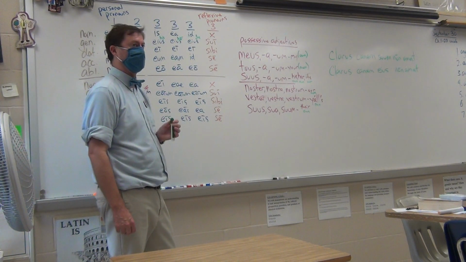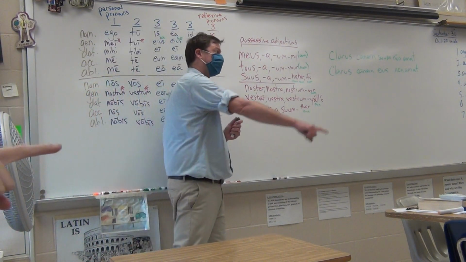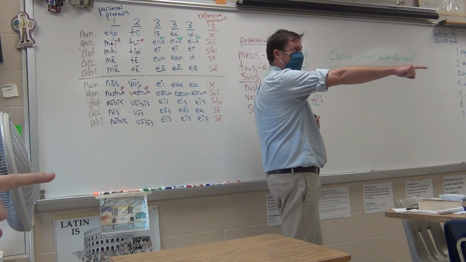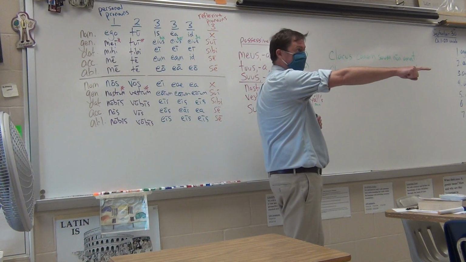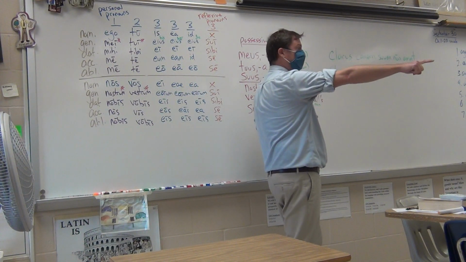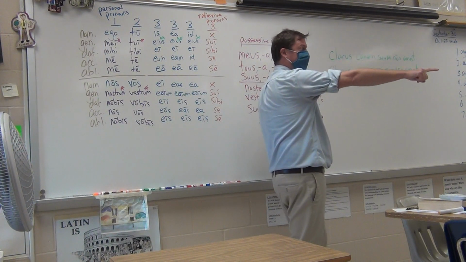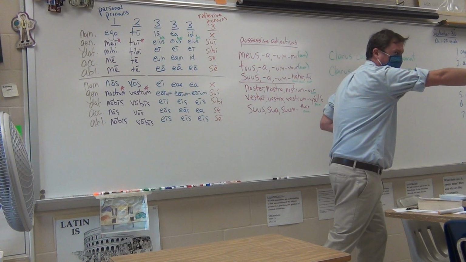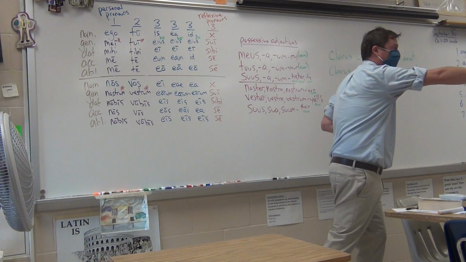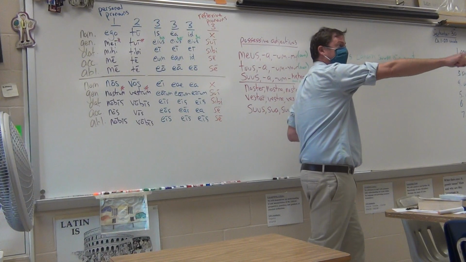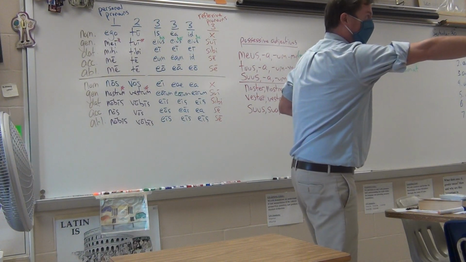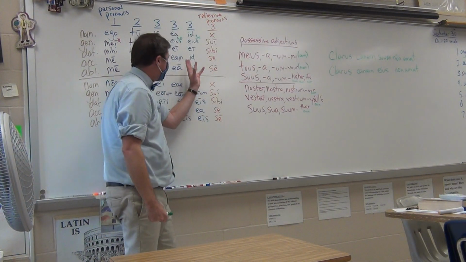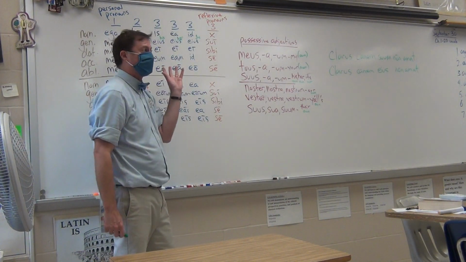Now, let's all point at Clarus. Now, point at Clarus. Translate the top one and point in the correct space. Clarus does not like his dog. Did my pointer finger go anywhere? No. Translate the bottom one. Clarus does not like his dog. Does everybody understand? That's great. If it is written in blue, it is referring to someone else.